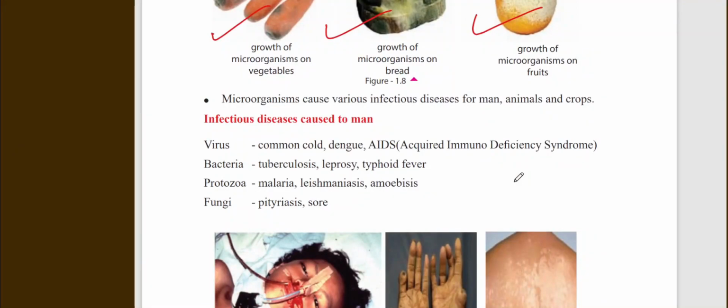Infectious diseases in humans. Virus: common cold virus, dengue virus, AIDS virus. Bacteria: tuberculosis. So tuberculosis comes from bacteria. Yes sir. Leprosy, typhoid fever,